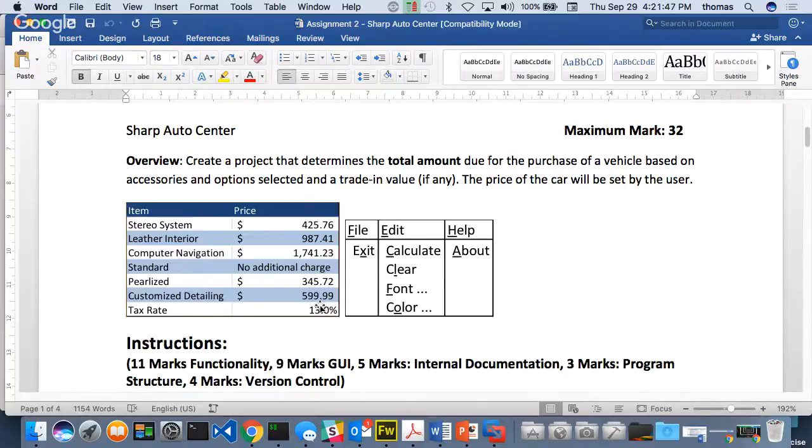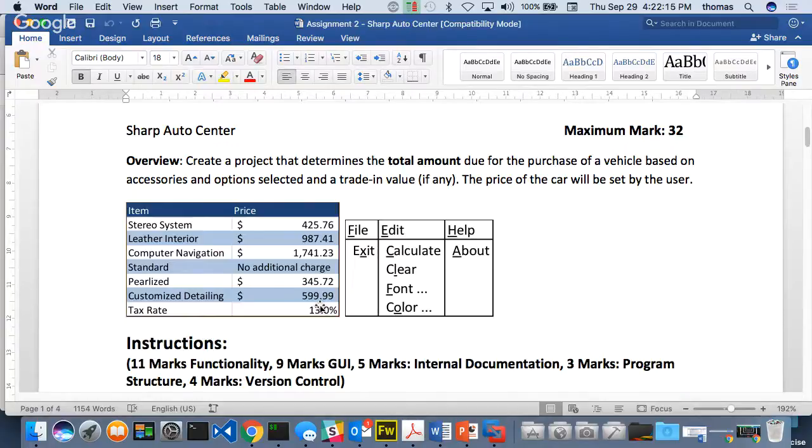This is a problem. Here's the reality, think of it this way: the customer has asked you to create this application. What controls can I make to give me the ability to select different options that add on to my price? You can think of many, many controls to do the same thing. An example would be check boxes. So if I check the checkbox, it adds on to my price. That's the simplest one.